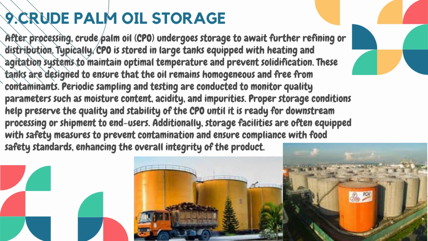After processing, crude palm oil undergoes storage to await further refining or distribution. Typically, CPO is stored in large tanks with heating and agitation system to maintain optimal temperature and prevent solidification. These tanks are designed to ensure that the oil remains homogeneous and free from contaminants. Periodic sampling and testing are conducted to monitor quality parameters such as moisture content, acidity, and impurities. Proper storage conditions help preserve the quality and stability of the CPO until it is ready for downstream processing and